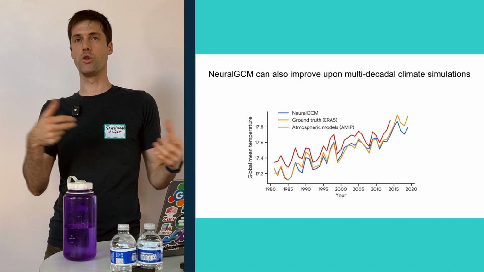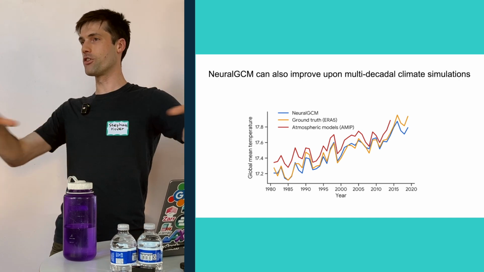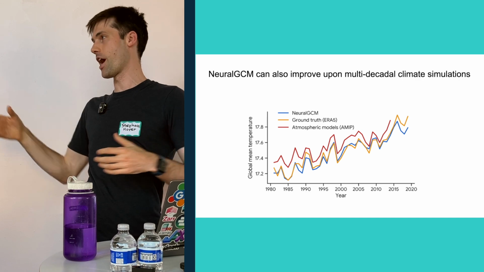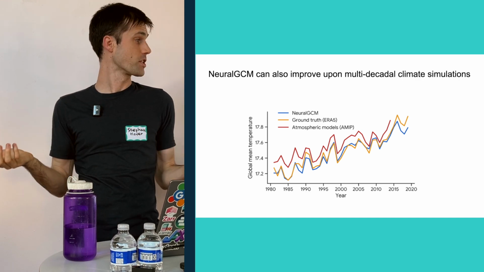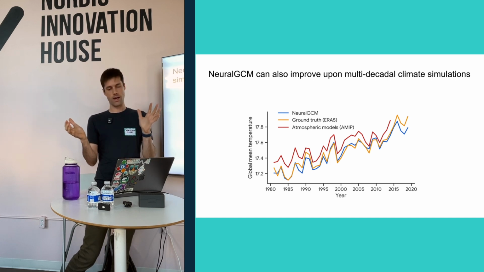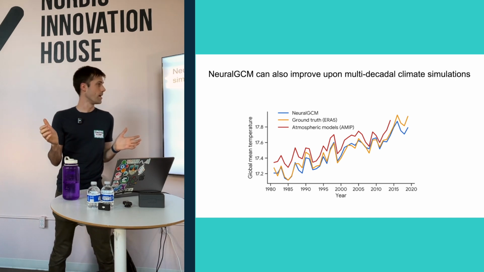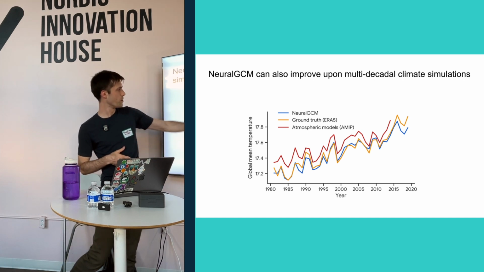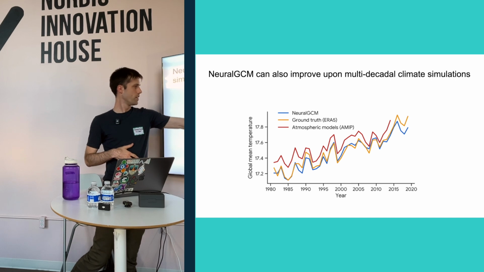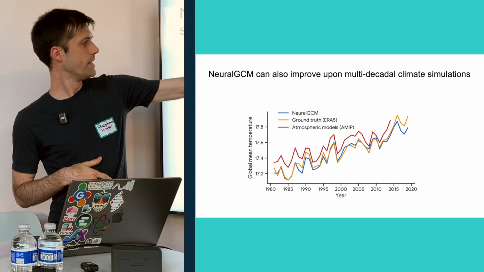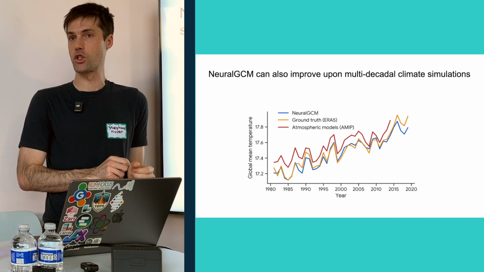These are models where you assume that you knew what happened with the ocean. Like you assume you know how warm the ocean is, and then what happens in the atmosphere? How does that vary over time? Here we're comparing to these AMIP models, and these are the traditional climate models that have been developed over the past decades. And what you see with NeuralGCM is that we reproduce the observed trends in global temperature much more closely than these traditional physics-based models.